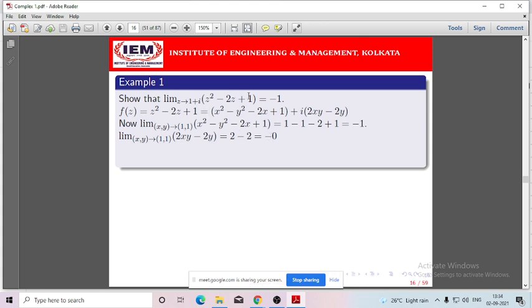Now what will be the limit of the original function? As per the previous theorem, if you want to find the limit of a function of a complex variable, you just find the limit of the real part and imaginary part separately, and by combining both you get the limit of the original function. Here the limit of the real part is minus 1 and the limit of the imaginary part is 0. Combining both, this will be minus 1 plus i into 0. So the limiting value of the original function will be minus 1. In that way, if you are given a function of a complex variable and asked to find the limit, you know how to find the limit of functions of two real variables, and then by combining that, you can get the limit of the original function.